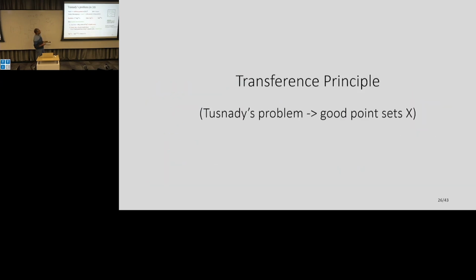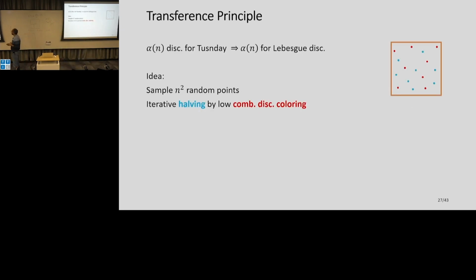Okay, so I'm mentioning this Tusnady problem, and it's not clear why. What does this have to do with anything? Now let's connect this world of combinatorial discrepancy to this Lebesgue discrepancy, about placing point sets in a uniform way. This is called the transference principle. The idea again is very simple once you see it, but it's an amazing idea. What I claim is that if you have a good algorithm for Tusnady's problem, and we saw this log to the 4n for a 2D box, you can use that to get this Lebesgue discrepancy result.